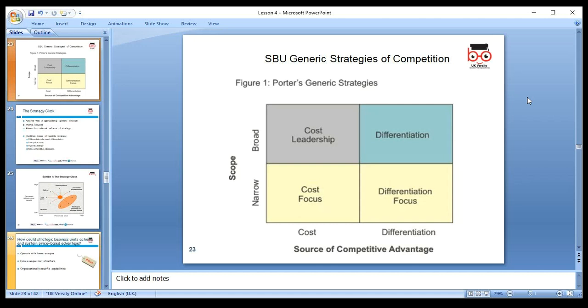And then we have Porter's generic strategies. Michael Porter, one of the great scholars, wrote many books and gave many theories. One was cost leadership. So in management accounting and costing, we need